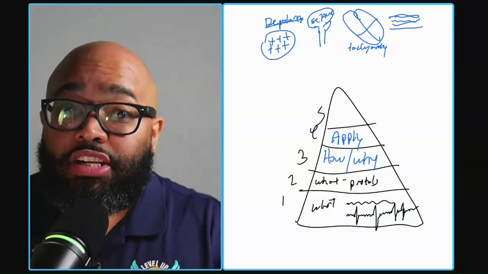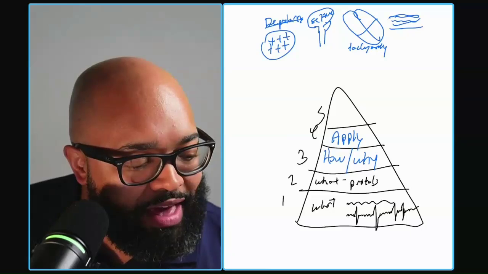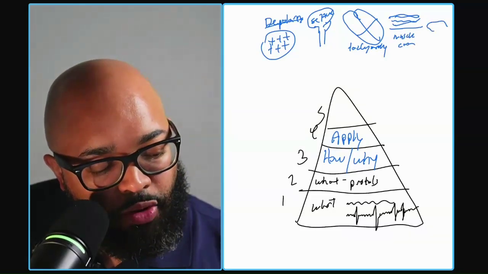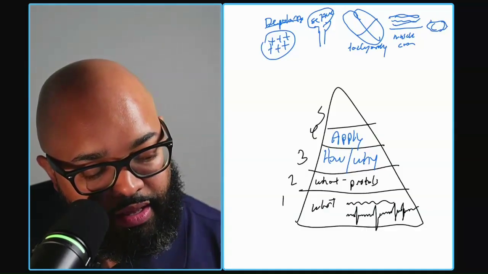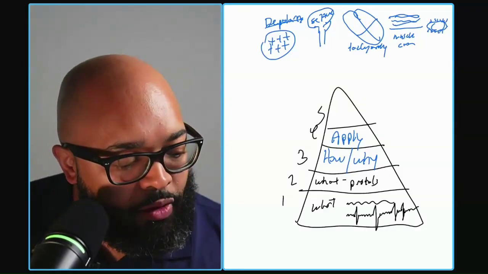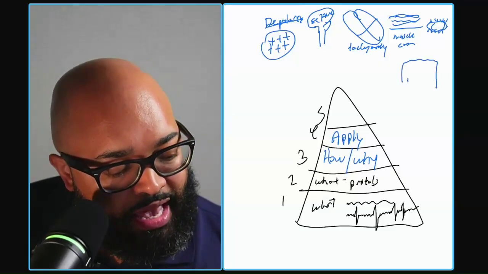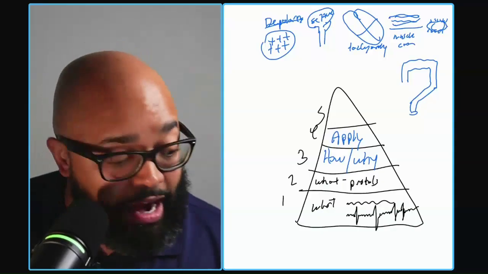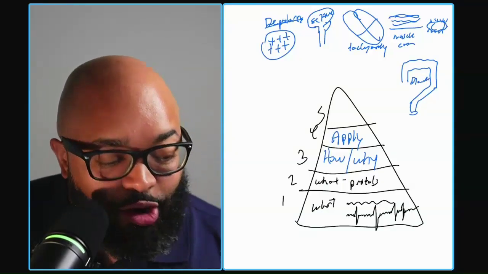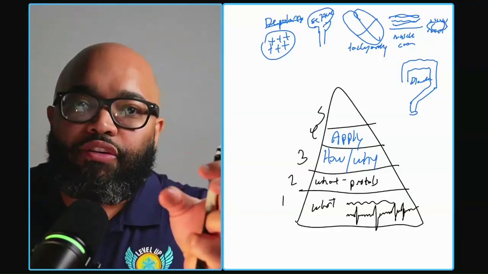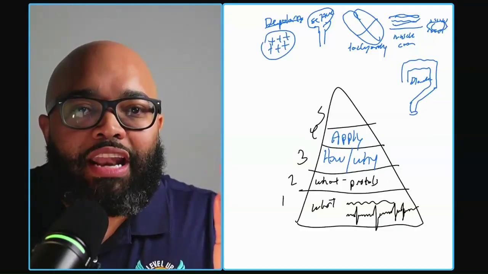If I have too much depolarization in a muscle, what do I call that? That's muscle cramps. Okay. What if I have too much depolarization in the eyelid? What do I call that? Blepharospasms. Okay. What if I'm in the GI tract and I have too much depolarization in the GI tract? What do I call that? Diarrhea. Okay. So all I did is take one little concept and apply it a lot of different ways, and I call it a different name.